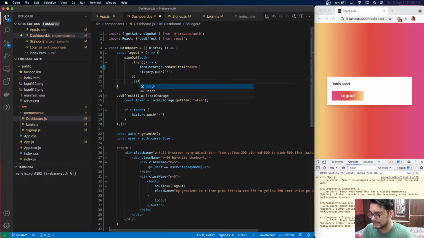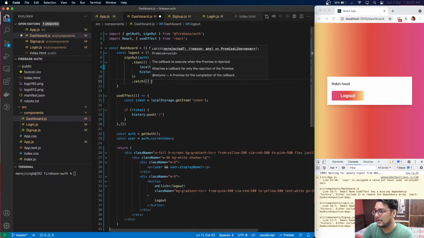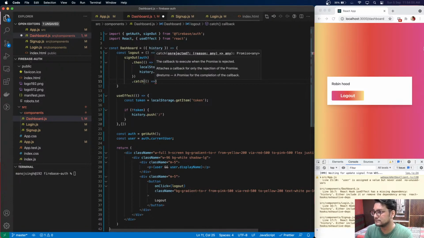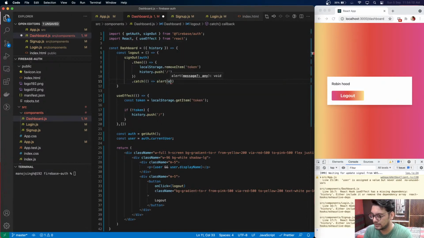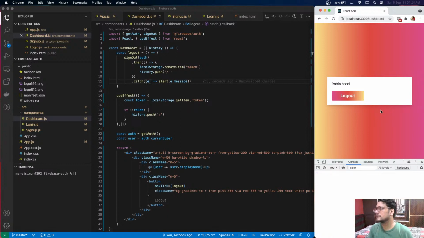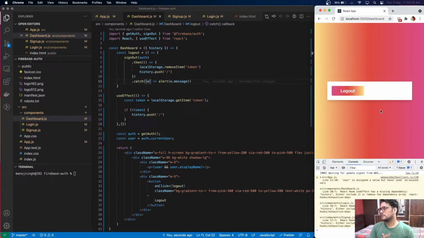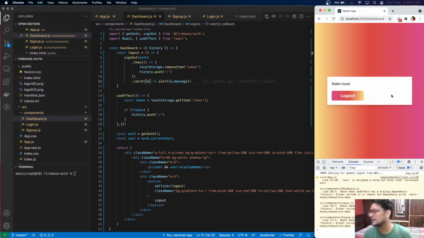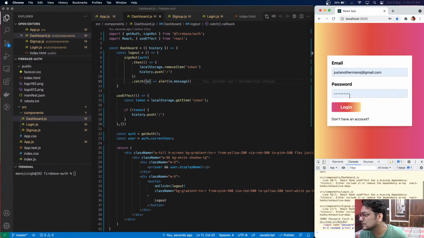And inside the catch, I'm just going to say alert e.message. All right, and e here. And I'm just going to reload the page. So you can see the Robinhood. If I click on logout, then